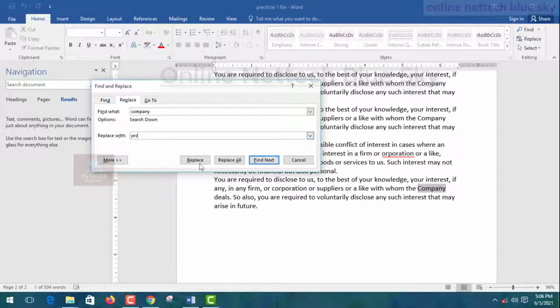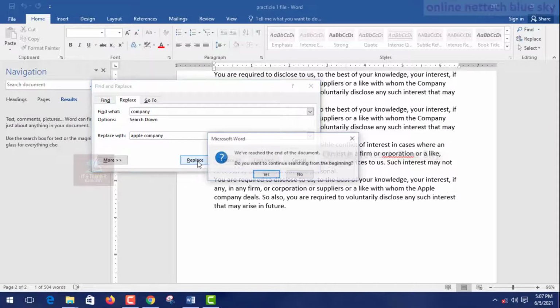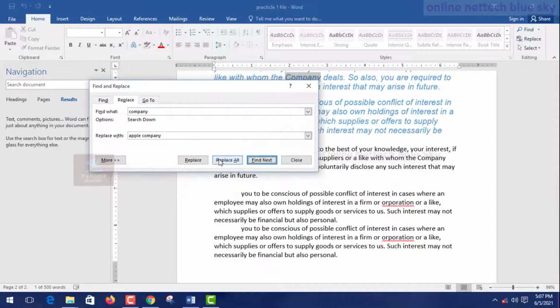Yes. Okay, you give the word, for example enter Apple company in this field. So replace, yes, replace all means every instance in the document of this word is automatically replaced, giving the new name Apple company.